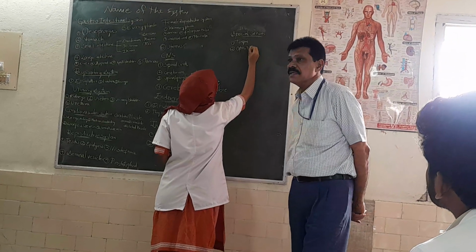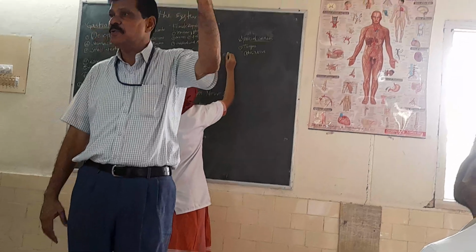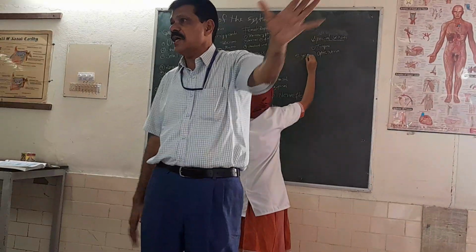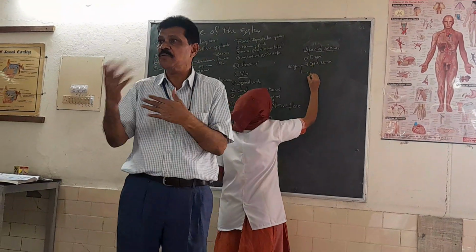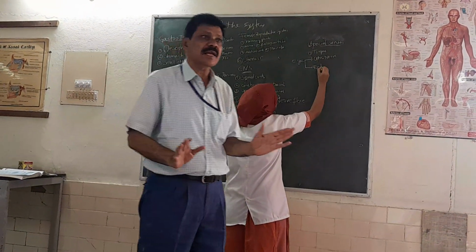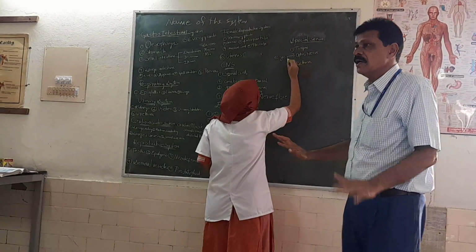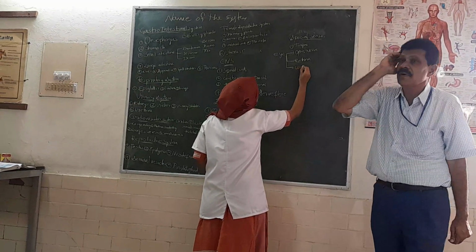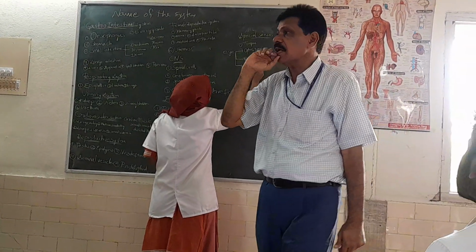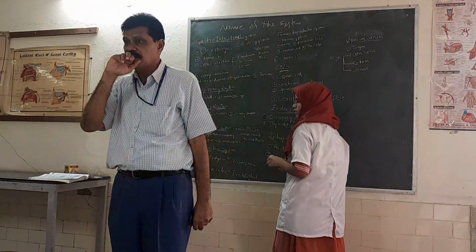Now, if you go through that museum, whatever slide you ask, I will try to explain. Without any slide, I will explain that slide. To all slides at a time I cannot explain, that is why I am not explaining. So optic nerve, retina, and cornea. What is cornea? What is retina? You know already.